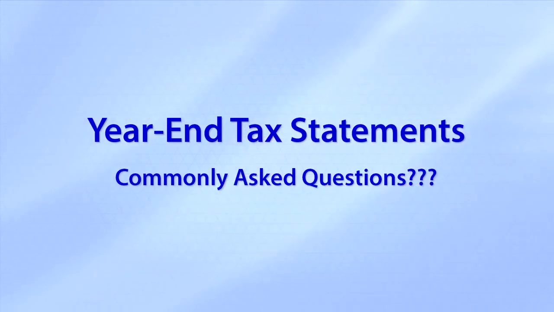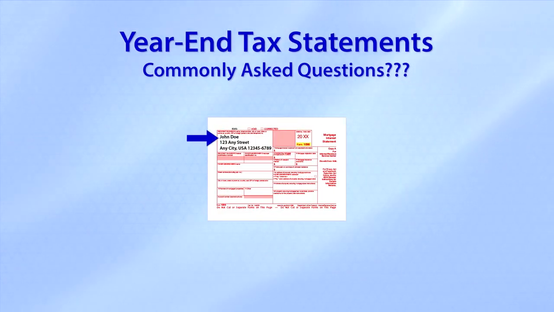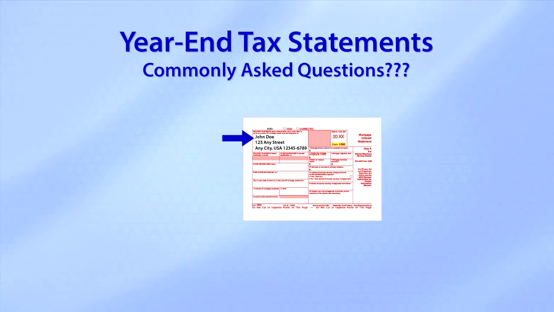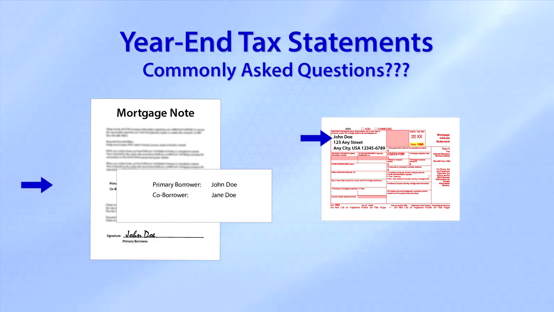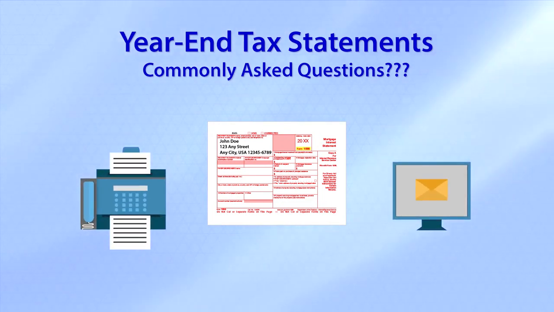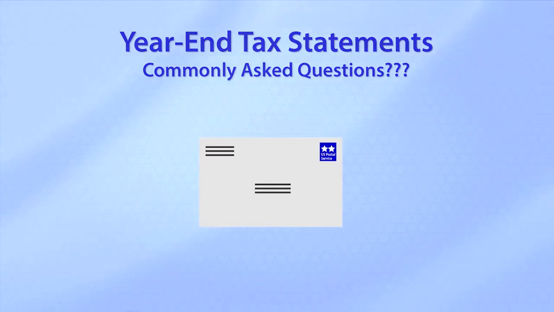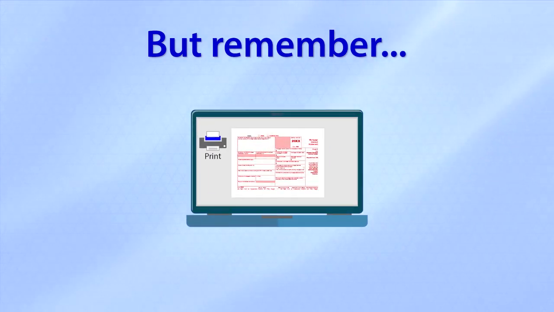Let's take a minute to address a few other commonly asked questions regarding year-end tax statements. Number 1. Can the name on my 1098 be changed for tax reporting? The answer is no. The 1098 must remain in the name of the primary borrower as reflected on your mortgage note. Number 2, can the 1098 be faxed or emailed? The 1098 cannot be faxed or emailed. It can only be sent by U.S. mail. But remember, if you have online access, you can view and print your 1098 information without needing the paper